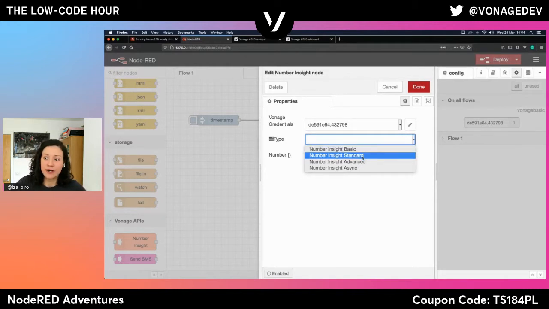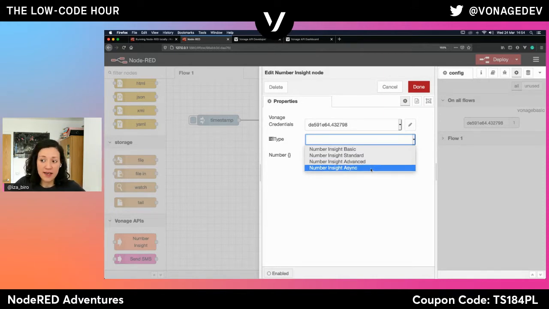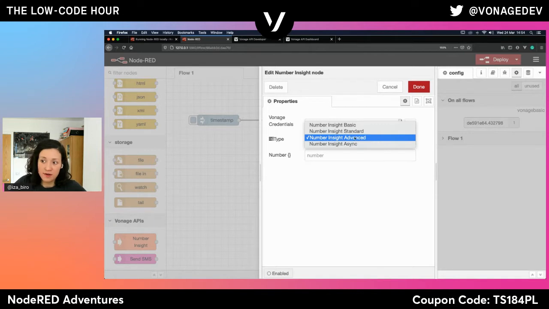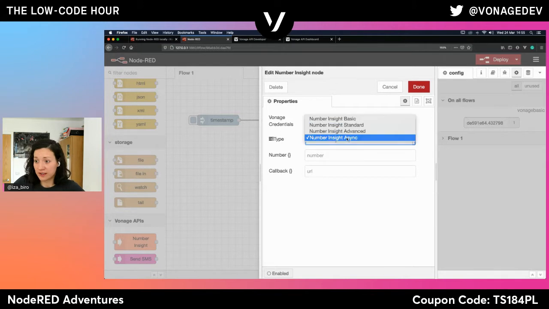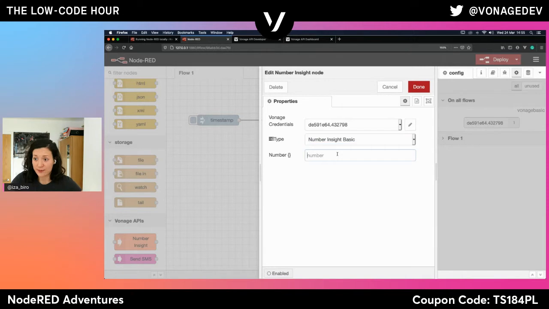Standard is a little bit more. And then there is advanced, sync and async. So the Number Insight advanced will give you the results synchronously, which might be time and resource consuming, or asynchronously, and then you have to provide a callback URL. Just to test out whether we've done a good job, it is enough to use the basic, and I'll use